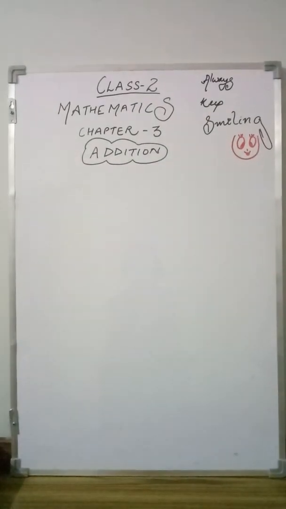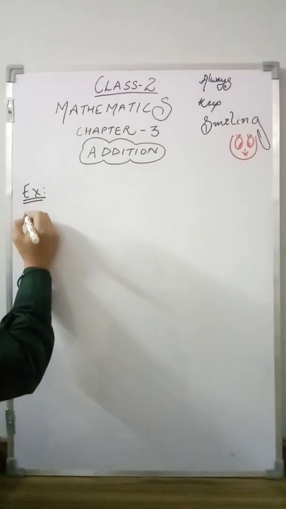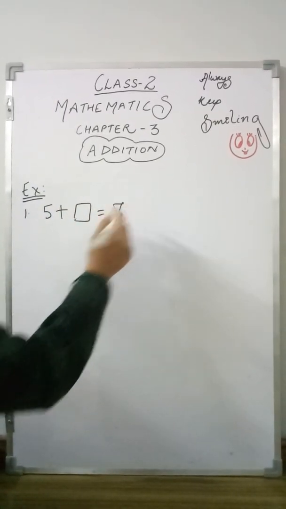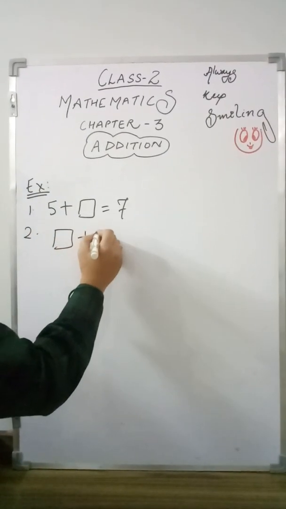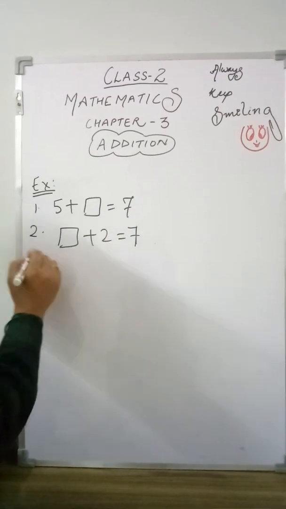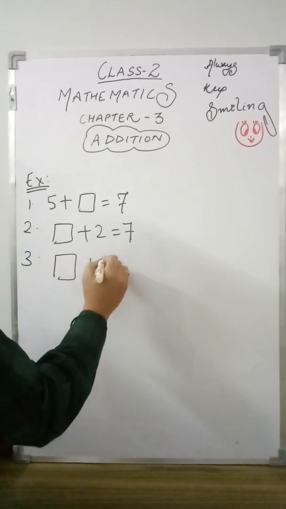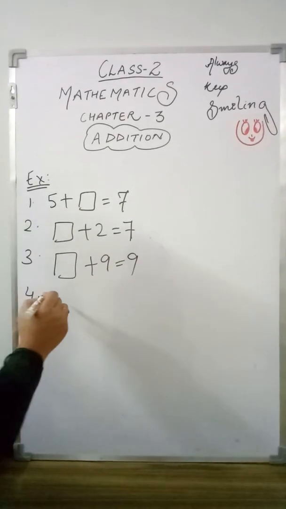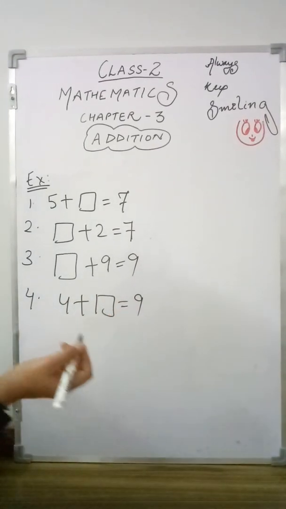Let's take a few examples to understand making a pair of any number. Now I am just taking examples. Suppose I have taken number 5 plus dash, and here it is 7. The next one, let's take any number from 0 also, 0 plus, like 9 also. I have taken 9 also. You can make the pair of 9 also. You can do any pair of any numbers.